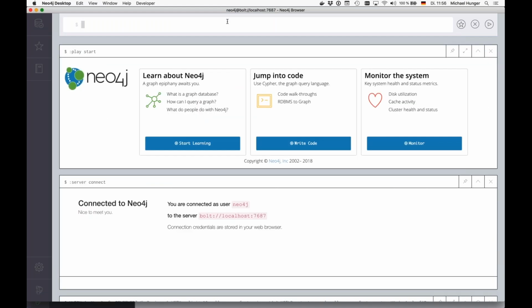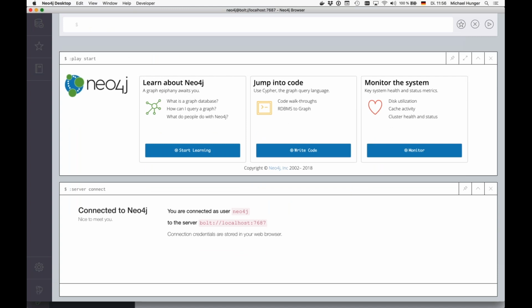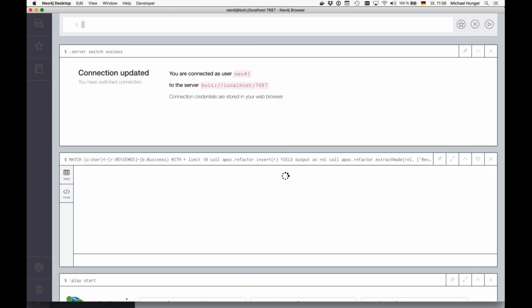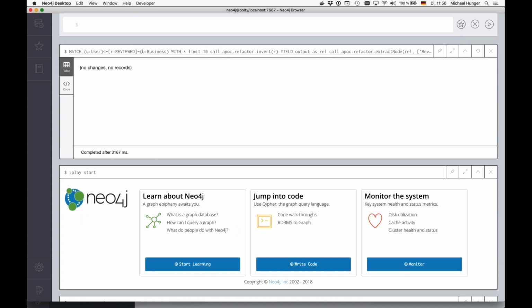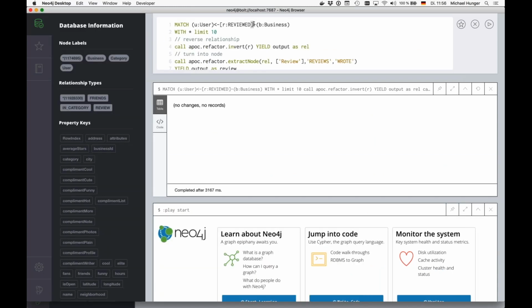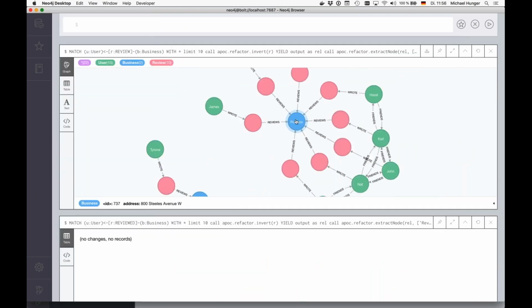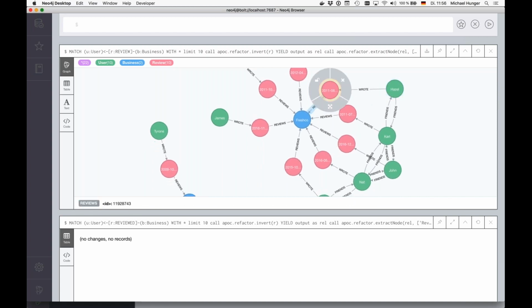There we are. So let's run this again, and now it should be able to find our relationships. Review. Sorry, I renamed it in the editing. And now we see it turned from these relationships into a user wrote a review. We can, for instance, configure here the date to be caption. User wrote a review to